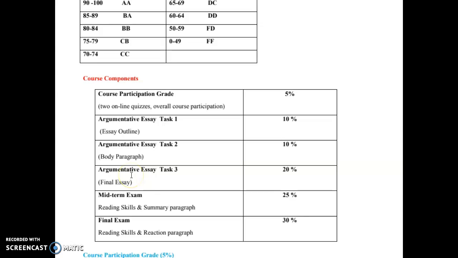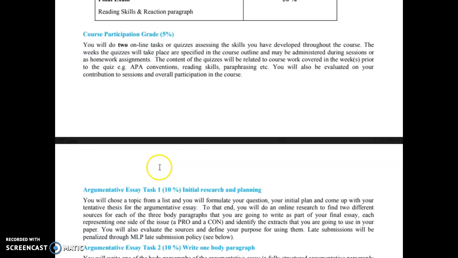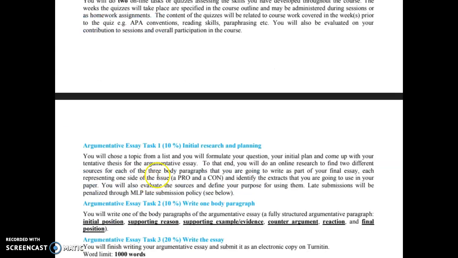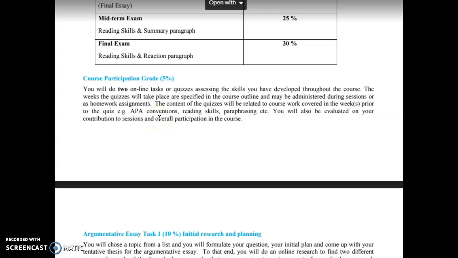And we're going to have 2 exams, one being midterm and the other final exam. They're worth 25% and 30% respectively. And well, starting here, you can find further explanation about course participation grade, argumentative essay task 1, 2, and 3, and also the midterms. I want you to read all of these very carefully, but let's briefly talk about the